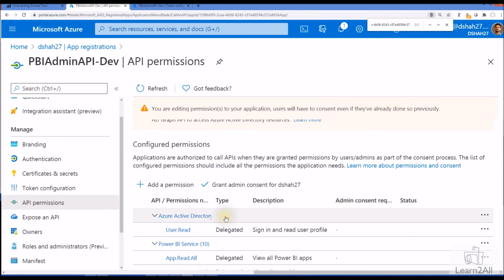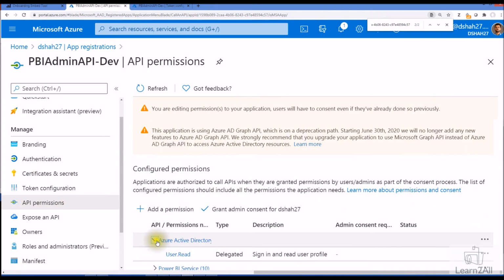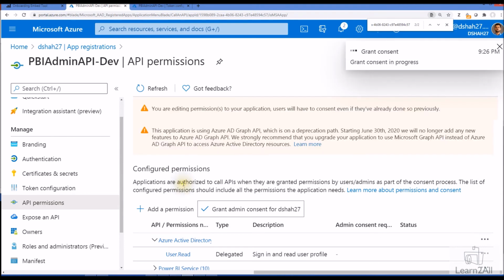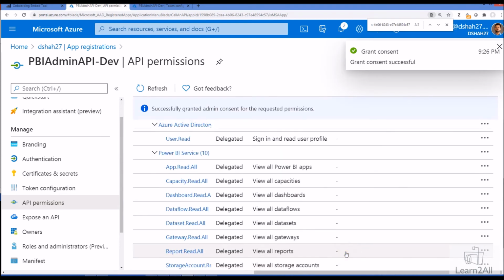Now once we do that, we need to perform one most important step. We need to grant admin consent for all the API options. Just select any of the options and click on grant admin consent. So it will ask for confirmation. Click on yes and it is providing admin consent.